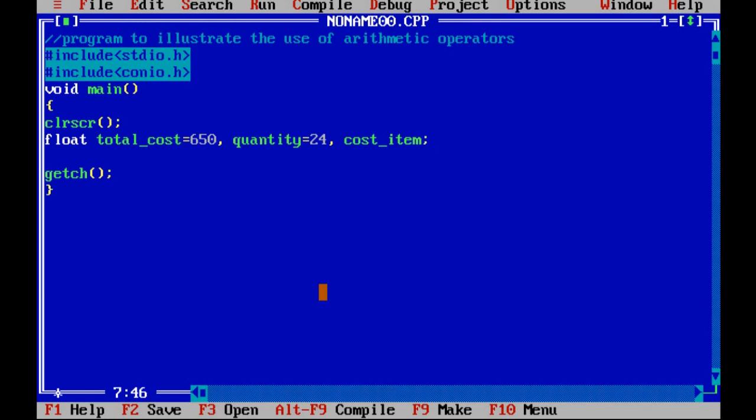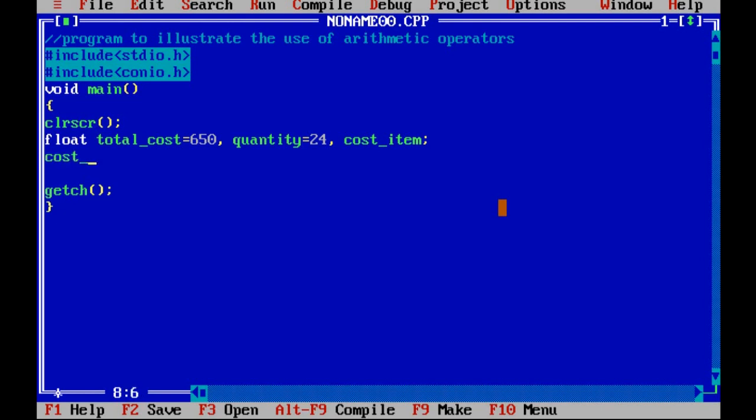Now see, I will try to explain this thing. Here I have declared 3 variables. Which are the 3 variables? Total cost, quantity, and cost item. I have assigned value 650 to the total cost. I have assigned the value 24 to the quantity. Now if I want to find the cost per item, what will I do?